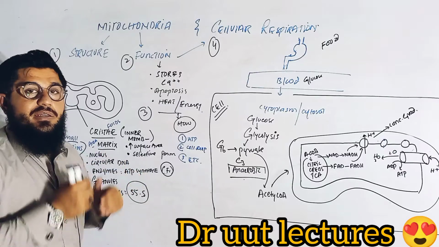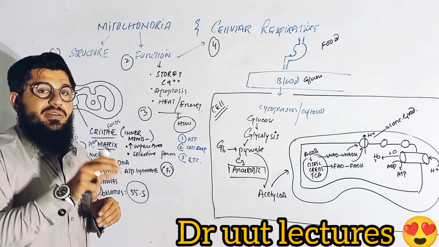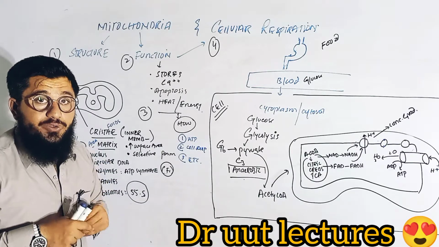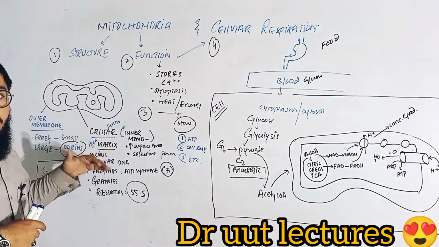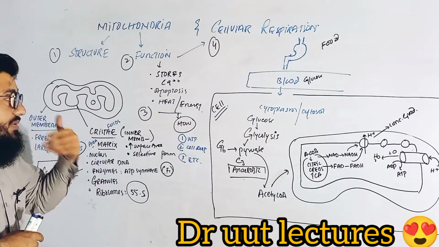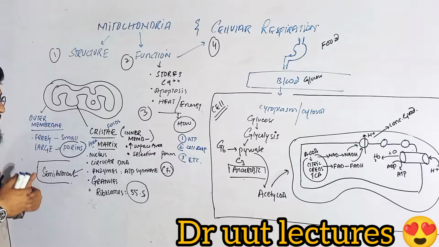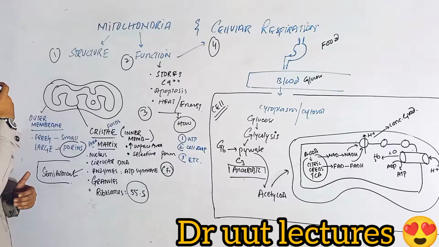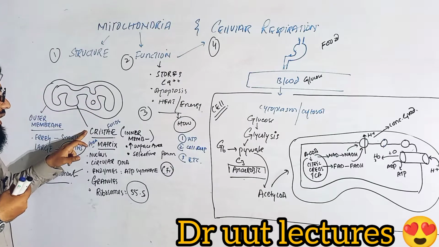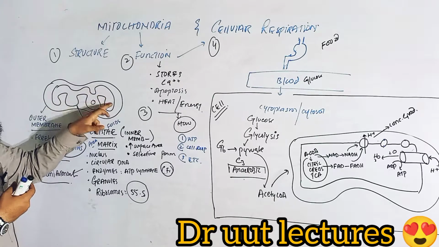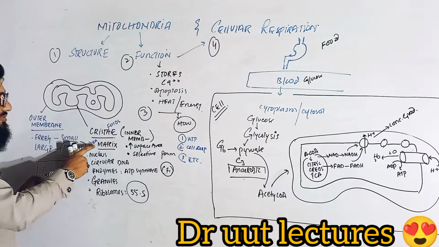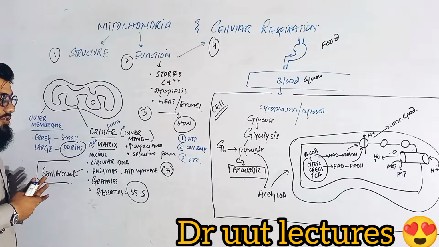The inner membrane selects the substances, so only particular substances are allowed. Not all substances can move through the inner membrane. So it has a special ability of selectively permitting substances. So selective permeation is available here. Well, now I told you guys that this folding of the inner membrane is called cristae, and the internal portion formed, or the space or area covered by the inner membrane, is called the matrix, in which there is the nucleus of the